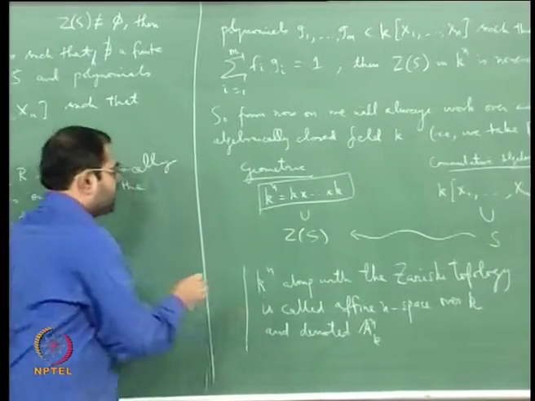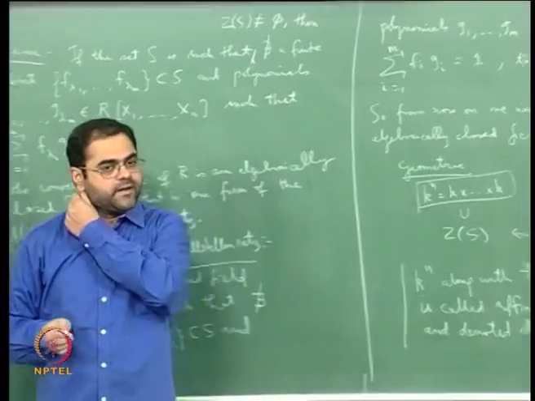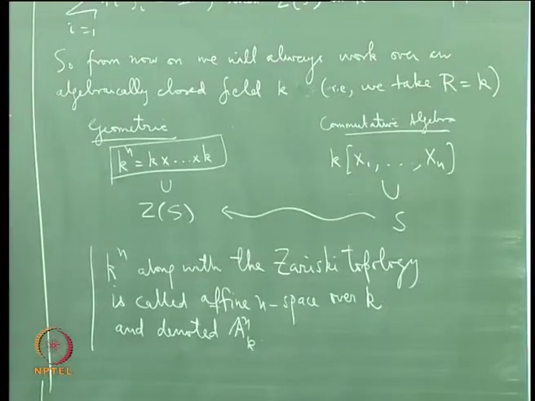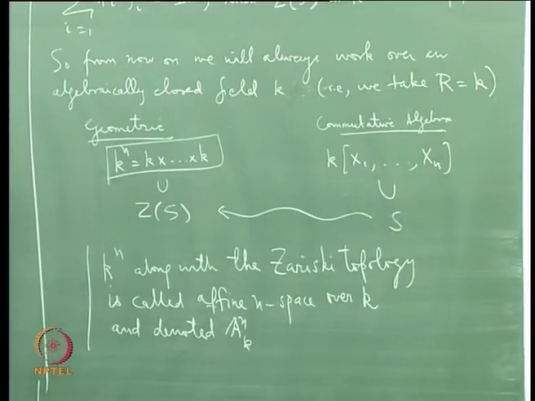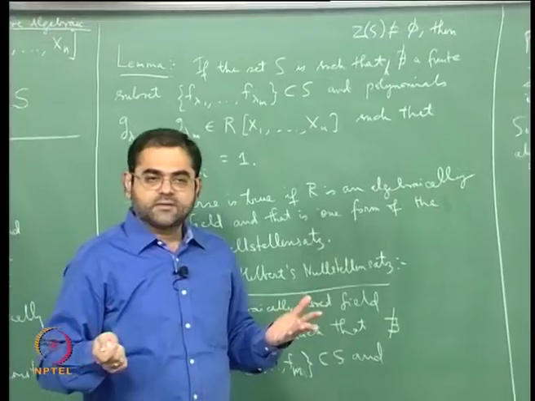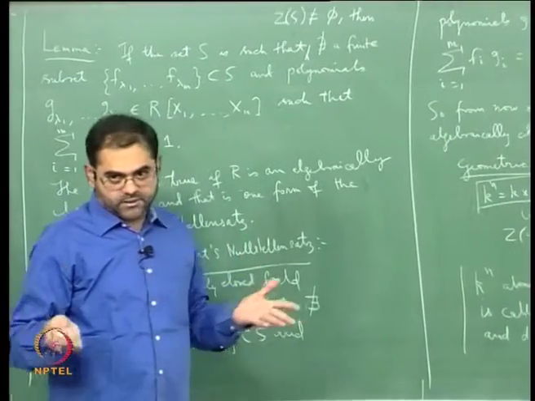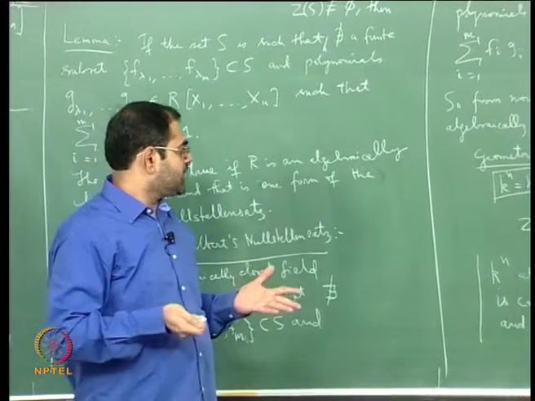So the first thing that we do to get some geometry on the left side is first of all have at least a topological space, okay. So we make Kn into a topological space. What does that mean? It means that you have to specify a topology on it, and specifying a topology on